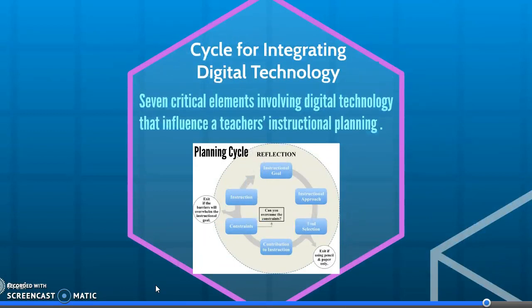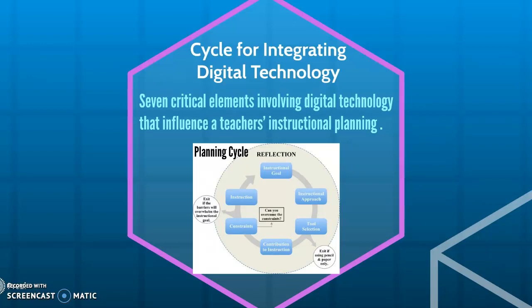Lastly, the cycle for integrating digital technology. Seven critical elements that influence a teacher's instructional planning involve digital technology in the success or failure of the resulting classroom instruction. These 7 elements are the capability to recognize and adhere to a clear instructional objective when incorporating digital technology, the ability to identify a suitable instructional approach for the instructional goal, the ability to select fitting digital or non-digital tools to support instruction, the capability to anticipate how the selected tool can contribute to the goal,